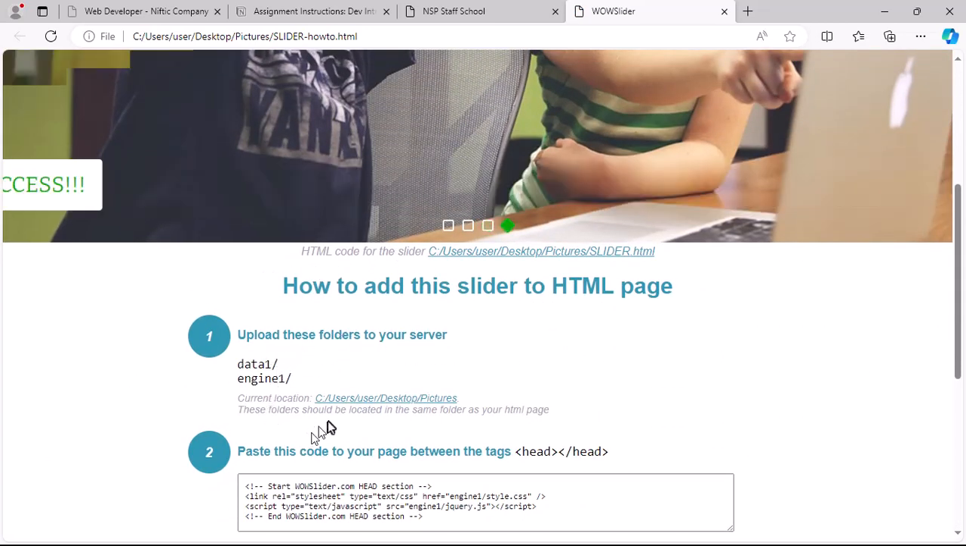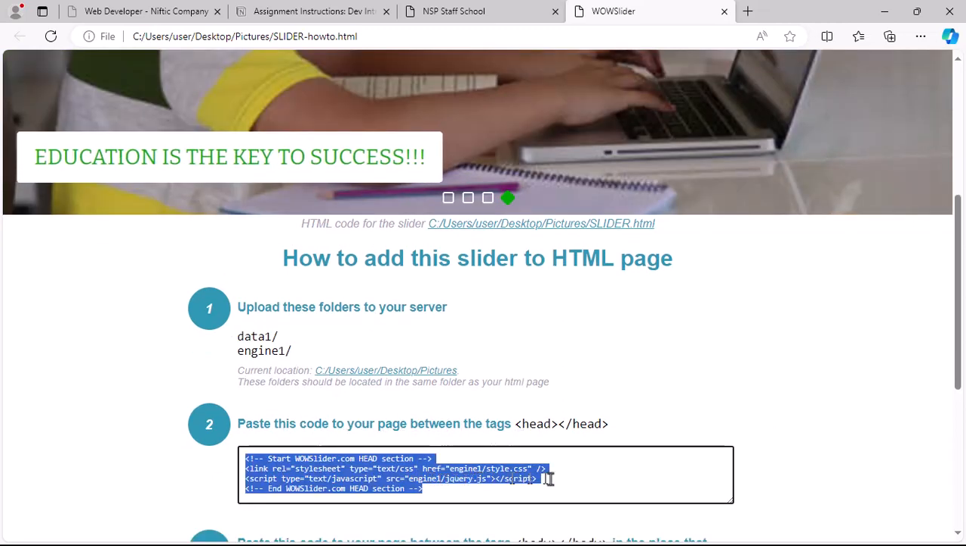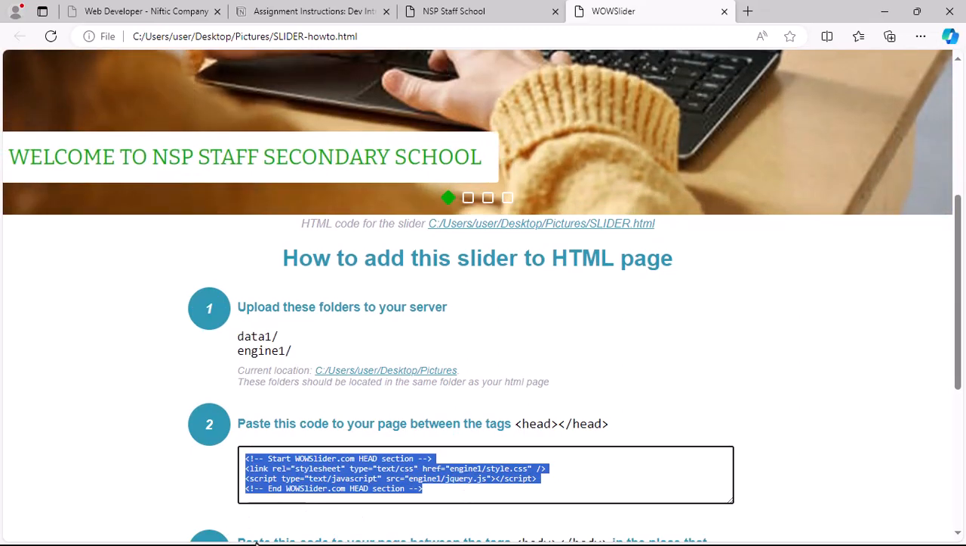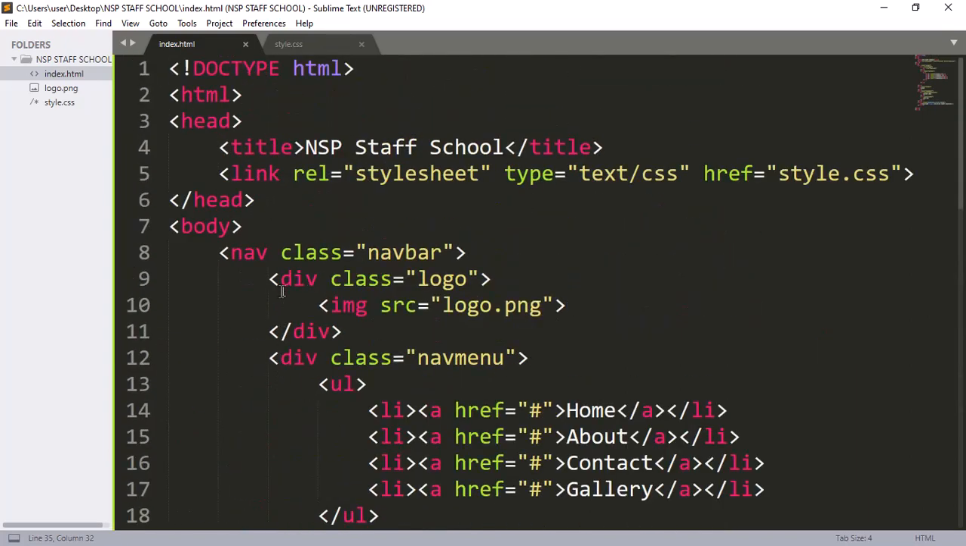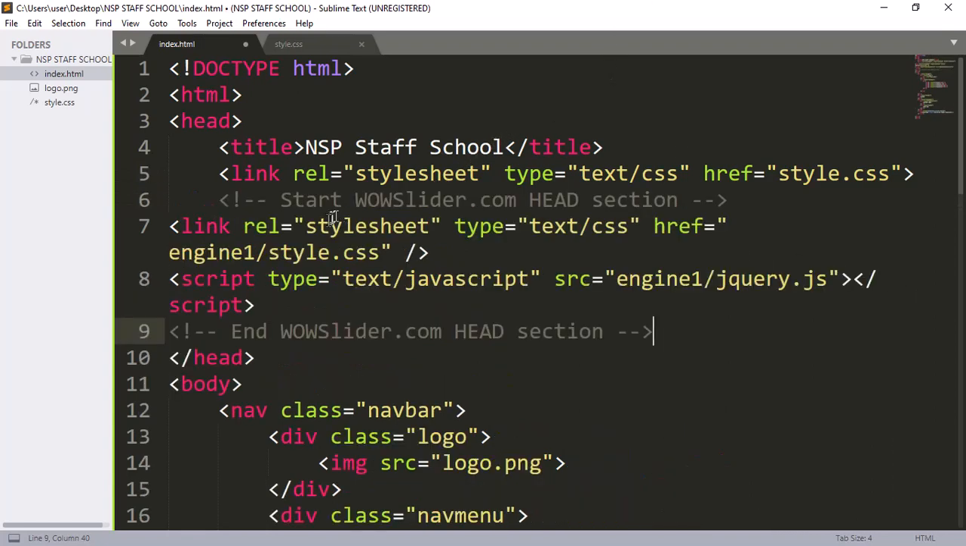So I'm just going to copy this and I'll go to my desktop. Yeah, this is where I need to paste it in between the head tags. So immediately after the link to our CSS, I'll paste this code there. You can see the wow slider starts here and this is where it ends. Now let's go back